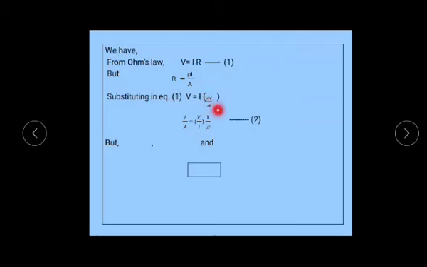This I divided by A, keep it here only. Now you have to shift this rho L, which is in the numerator, to this side. First you take this L and shift it here. So what you will get? V by L. Now shift this rho to this side. So you will get 1 divided by rho. Means you are adjusting. If you see the terms written here, definitely you will understand how to shift the terms.